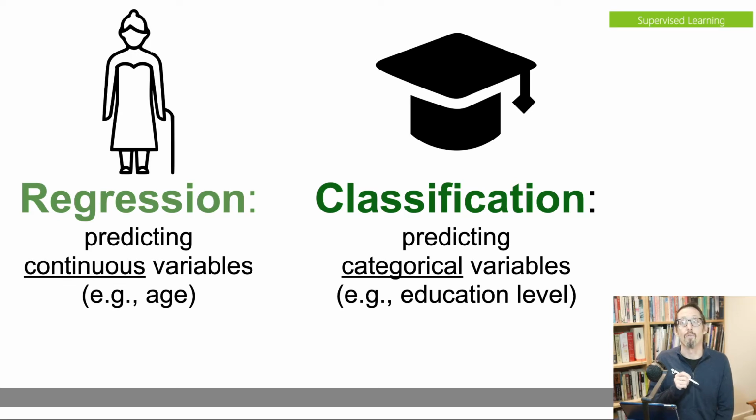Classification is where we predict categorical variables, something which is a small discrete number. So you either have a high school diploma, a college undergrad, a master's degree, or a PhD, or maybe you have a Cisco networking certificate. I don't know. But no matter what you add on to it, you have a small discrete number. Okay, those are categories.